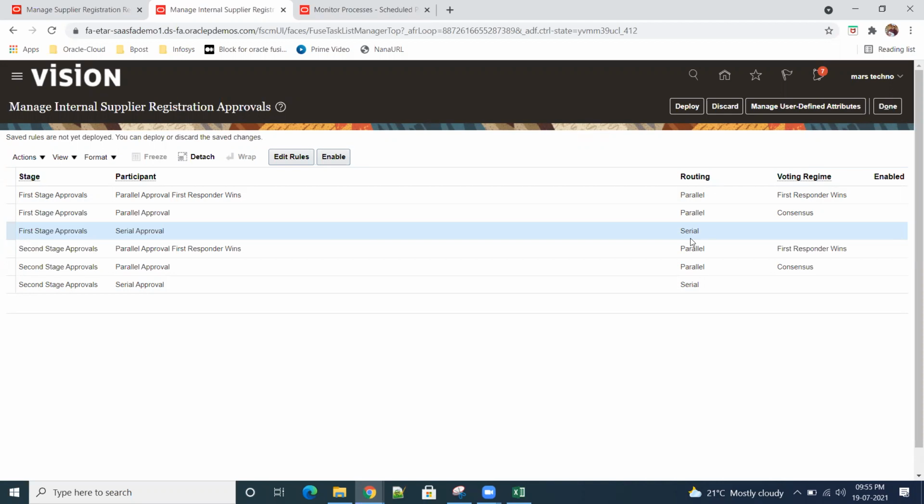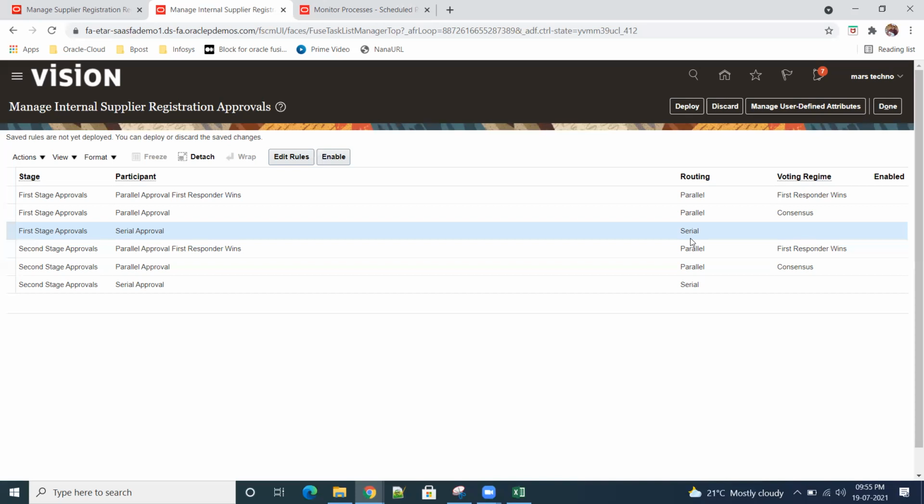Automatically the system will trigger an email to my manager. Once the manager approves, again it will go to the senior manager, again it will go to some delivery manager. It is a step-by-step process. Serial means first one person has to approve, then it goes to the second, then the third, and so on, based on the levels. For example, if the first person rejects, then the system will come out of the loop.